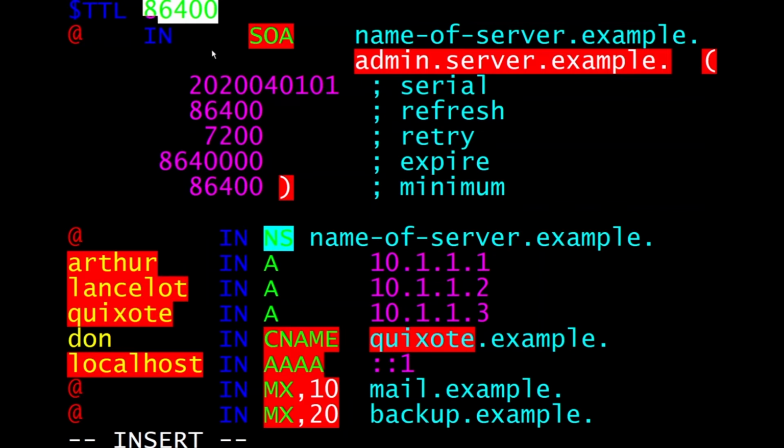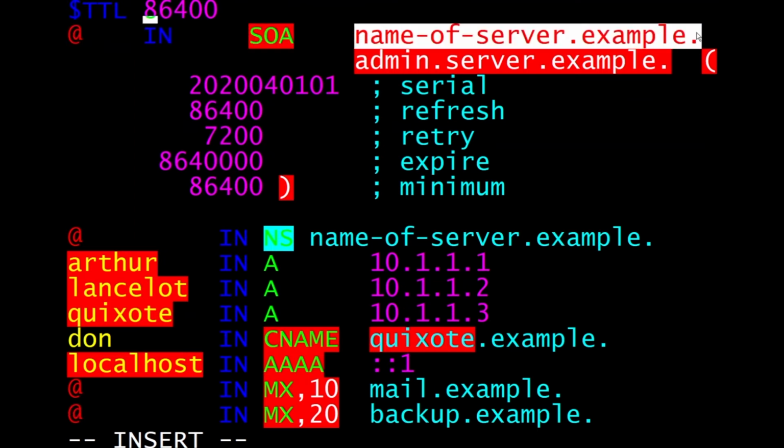Then the next entry in this file is the SOA entry, start of authority. And the start of authority contains a number of interesting values. One thing to point out there is the @ which is this domain, and we will see quite a couple of uses of the @ as we move down. However, for our purposes here, it is not particularly interesting, and here we simply have the name of this server